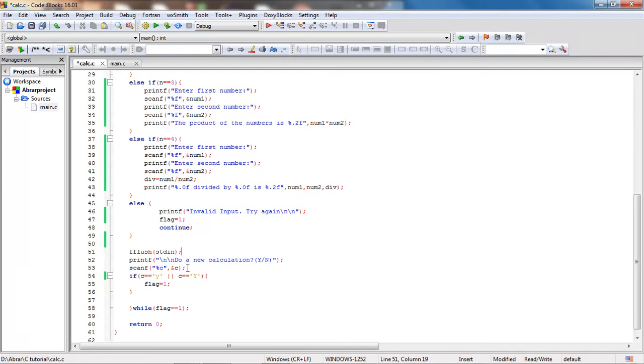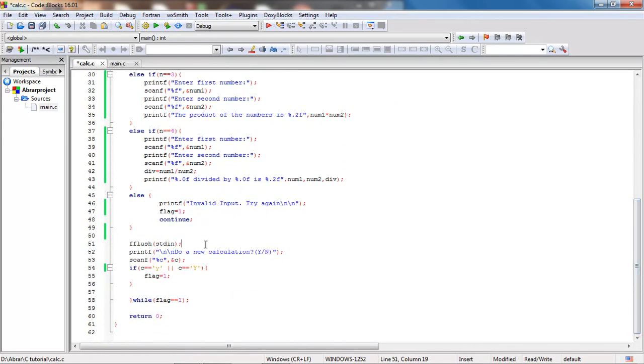It just makes it easy, error free. It's a good use when you are taking multiple inputs, because you are taking a lot of inputs here. So I have used flush, and it asks me if I want to do a new calculation,